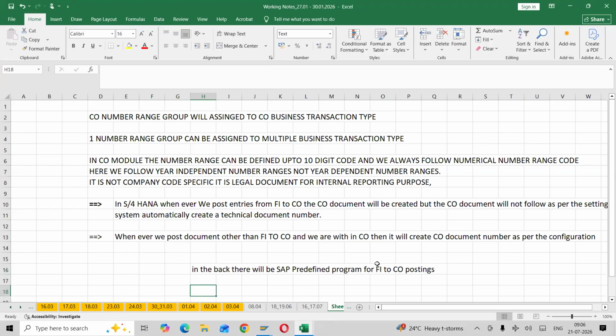Earlier, it used to generate a separate document for FI posting and a separate document number for CO posting. In S4 HANA, when it merged, what happens is whenever we are doing an entry, for example, rent account debited,